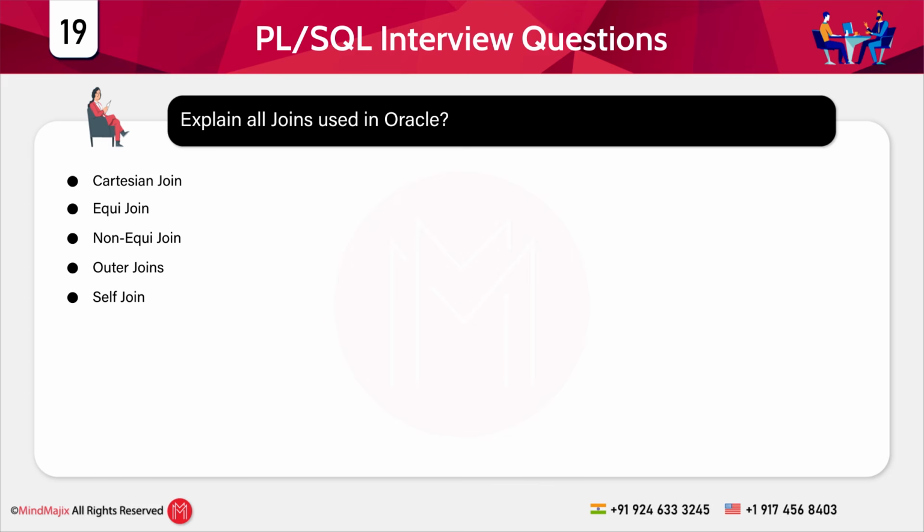If you talk about equi-joins, this type of join involves primary and foreign key relations. Equi-joins can also be called simple or inner joins. Then you have the non-equi-joins. A non-equi-join has a condition containing something other than an equality operator, so the relationship is obtained using an operator other than an equal operator.